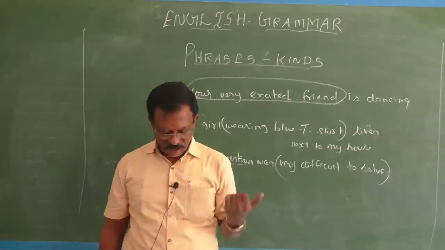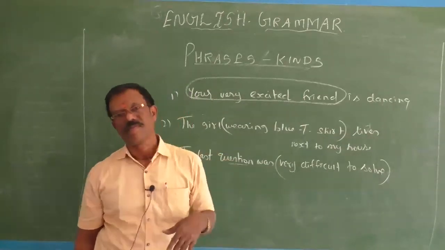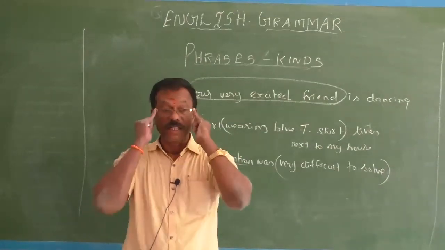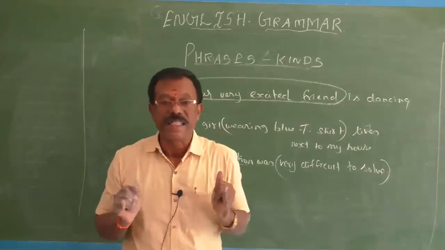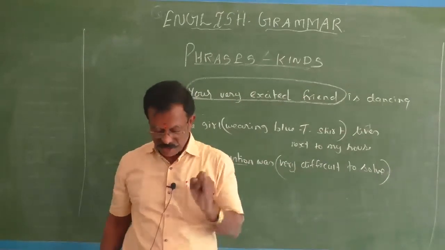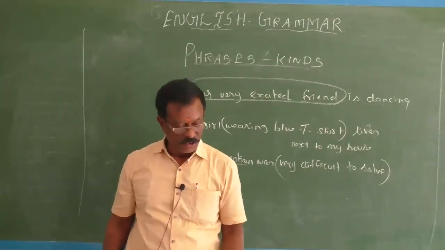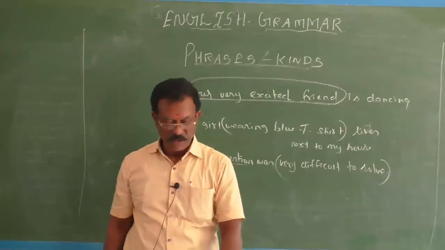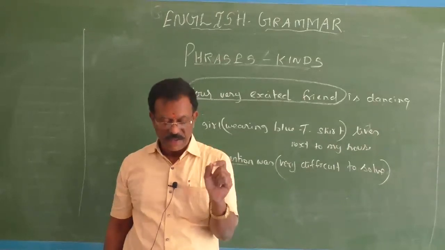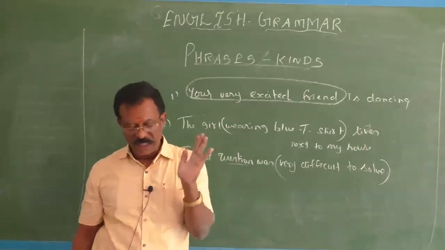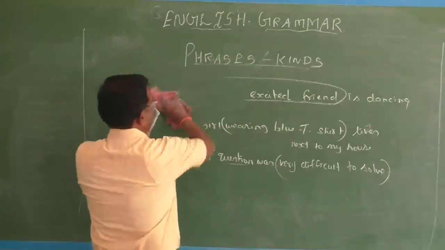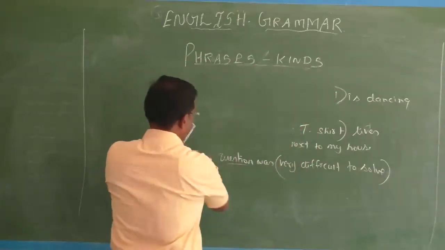Sometimes an adjective phrase does not have an adjective in it. In such cases, it is called an adjectival phrase. Don't forget, children, it starts with the following: a preposition, a participle, or an infinitive. Okay, I'll give you that example also. So when an adjective phrase does not have an adjective in it, we generally call it an adjectival phrase. Do you know that? Maybe surprising to you, children, but that's a fact.